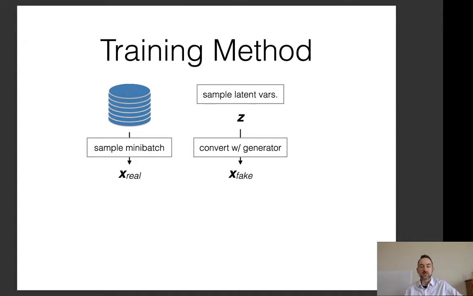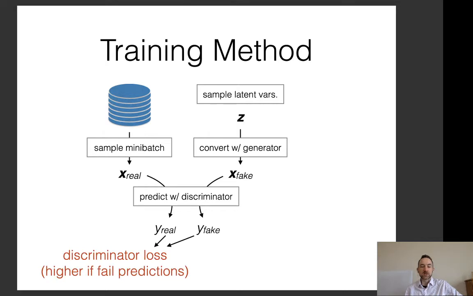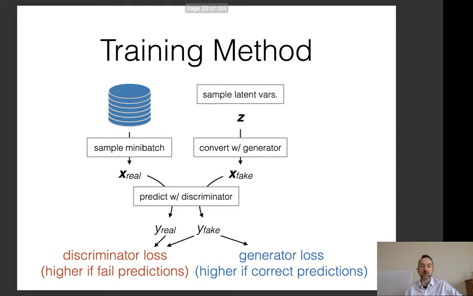We convert these with a generator into fake outputs. And then the discriminator tries to predict real or fake. The discriminator loss is higher if it fails predictions, and this backpropagates. Then we have the generator loss, which is higher if the